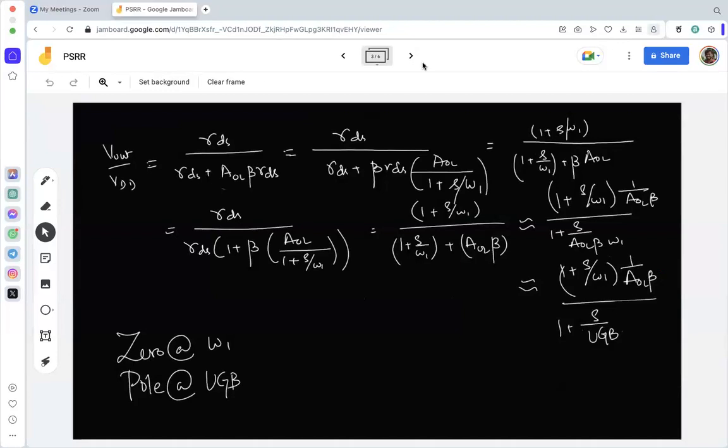But AOL itself has a pole, right? So if I have to represent AOL with respect to the frequency components that are present, or in other words, if I have to also add up the poles and zeros,